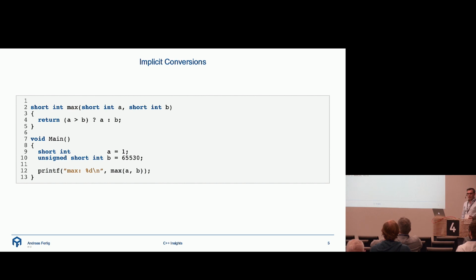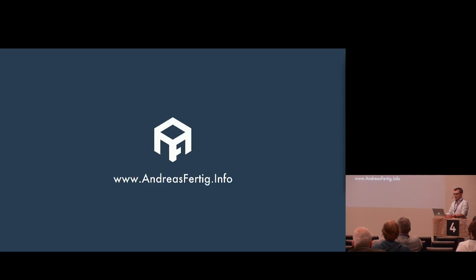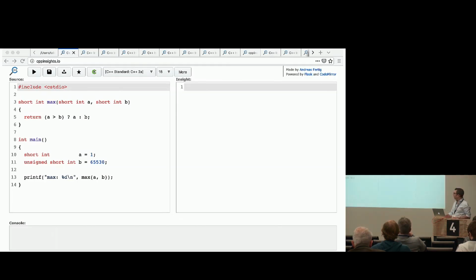We cannot see them. We use them often in C++. They are not necessarily bad, in my opinion, but we cannot see them. This is the website of C++ Insights. You can use it either at a website, or you can install it locally and run it as a Linux or Mac command. And I have here the example from the slide. And if I now transform it,